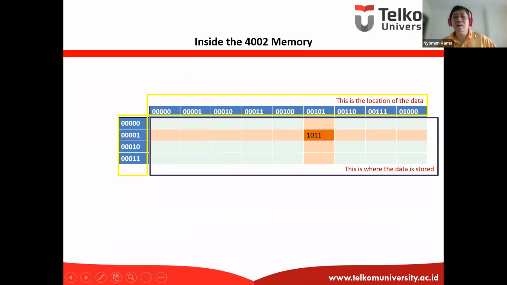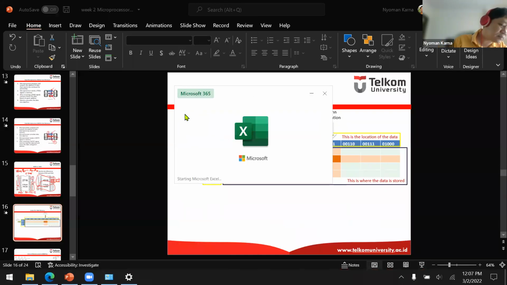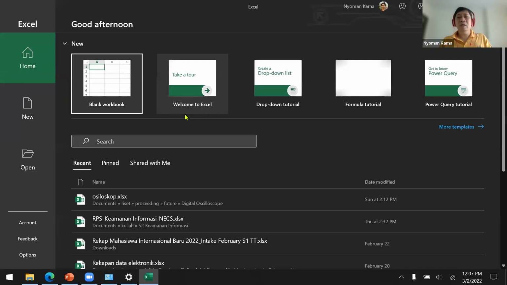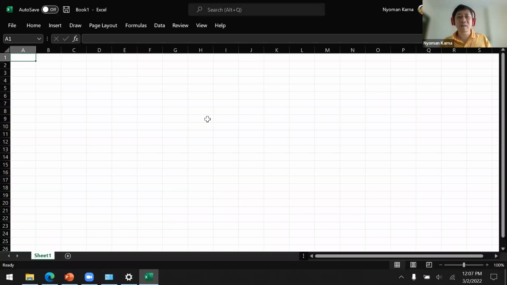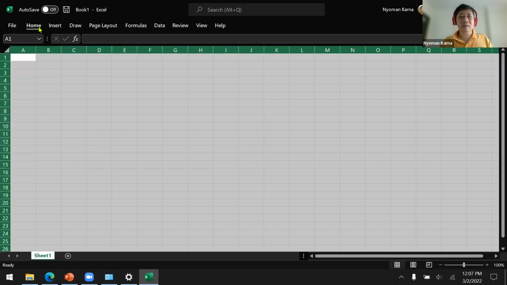Now, what is inside the memory itself? Well, we can have an analogy like Microsoft Excel. In Microsoft Excel, we have something like this. We have cells.